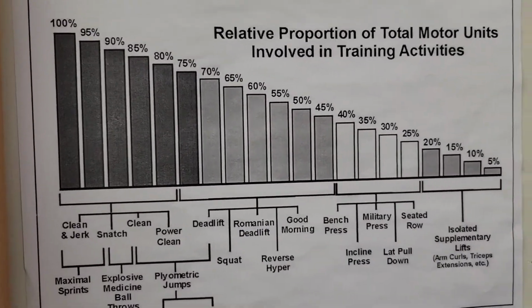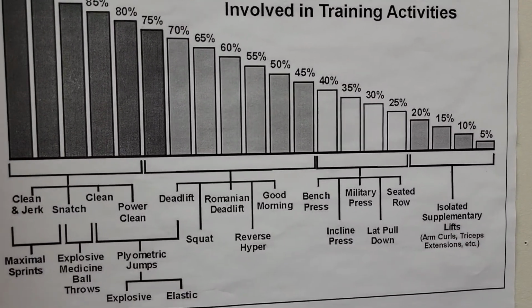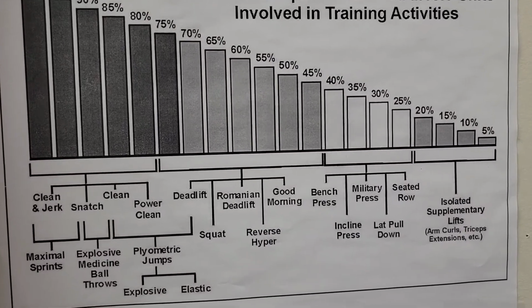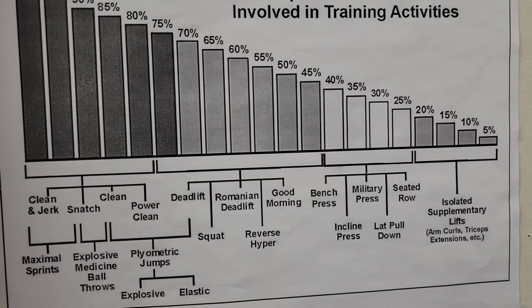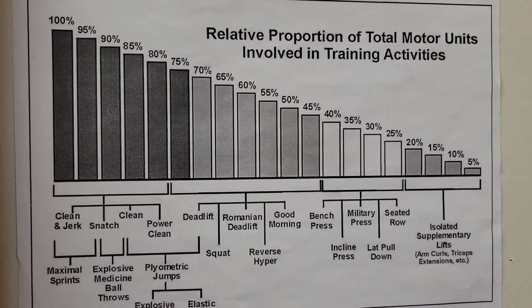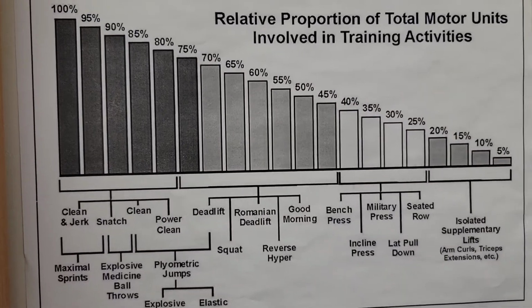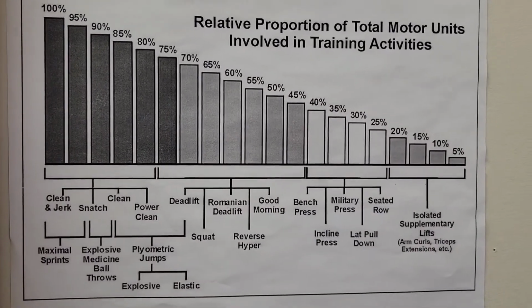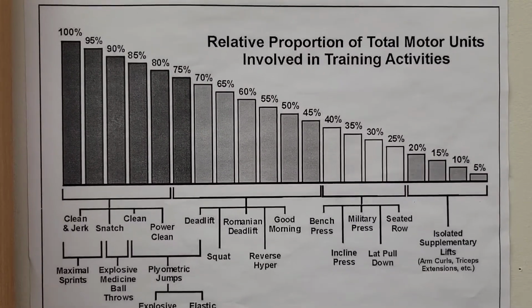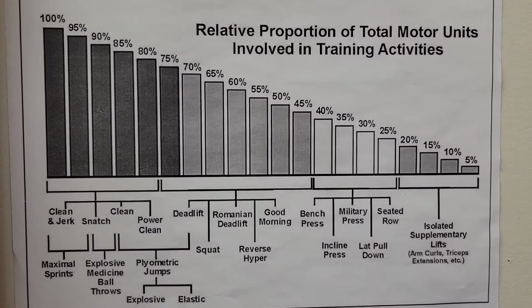If we look at the far right side, we can see accessory exercises like bicep curls, tricep extensions, anything where it's pretty much a single joint and a couple of muscles being utilized. Those are on the lower intensity side. So sometimes I do incorporate upper body accessory work into the training on the low intensity days, especially because, again, low motor unit recruitment and they're not cutting into really anything else.